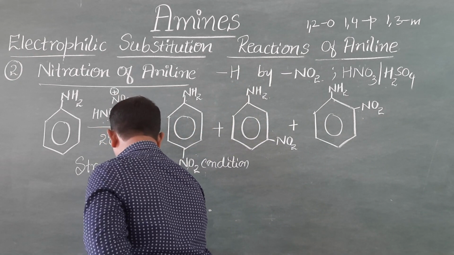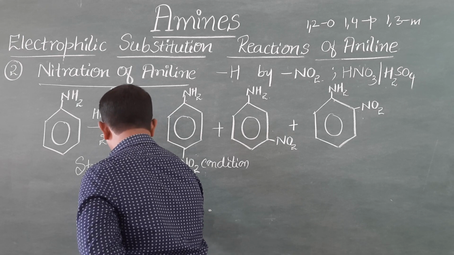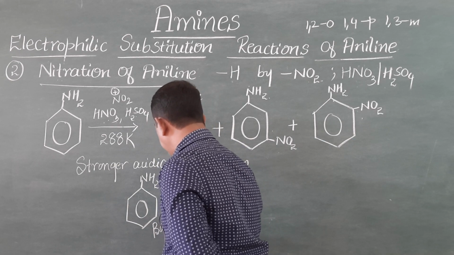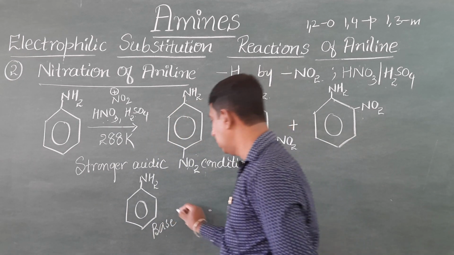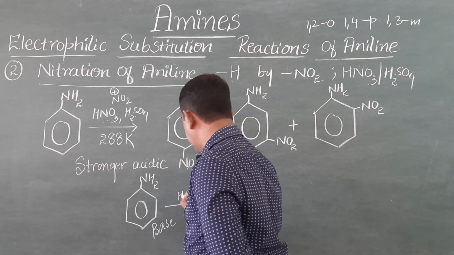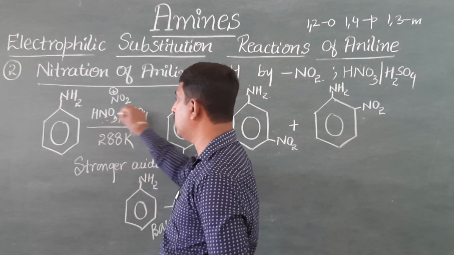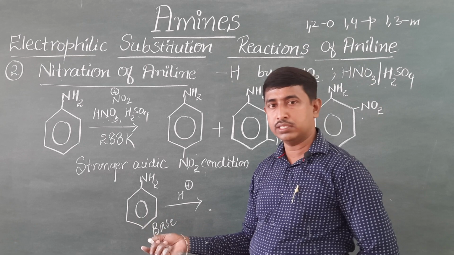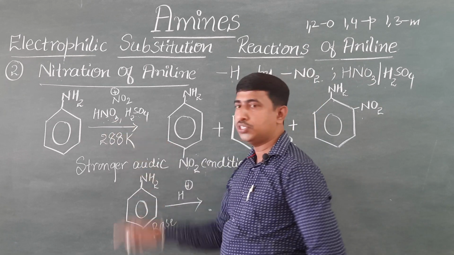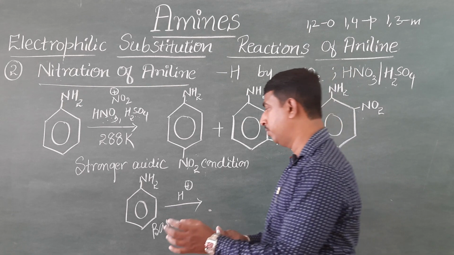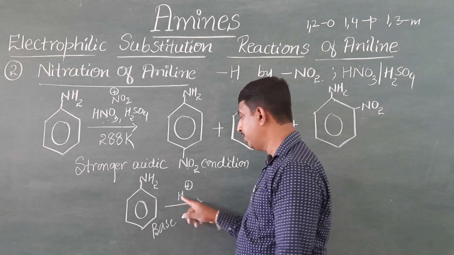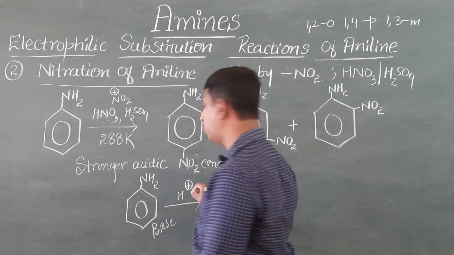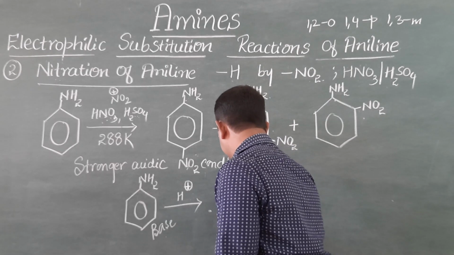Now what happens is, under stronger acidic conditions, aniline being a base, basic in nature or a Lewis base, readily accepts H plus ion. These two are acids, and acids readily produce H plus. HNO3 produces H plus, H2SO4 also produces H plus ion. So aniline being a base readily accepts the proton, H plus, from the acid, forming